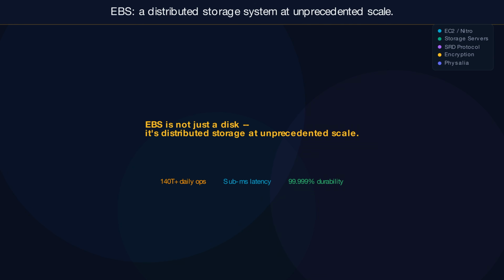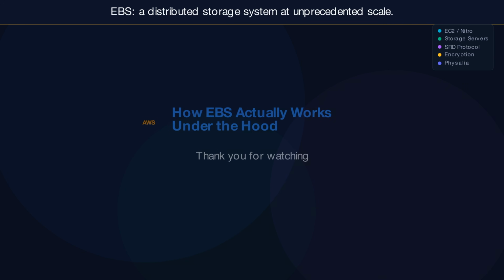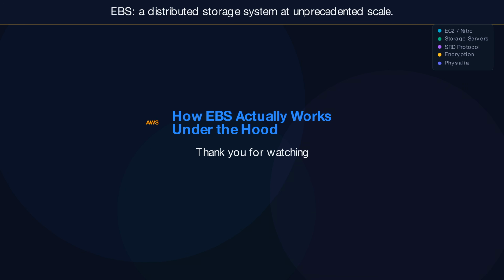EBS evolved from shared hard drives in 2008 to a massive distributed SSD fleet processing over 140 trillion operations daily. The Nitro System, SRD protocol, and Physalia control plane make network storage feel indistinguishable from local disks. Understanding these internals helps you choose the right volume type, set correct IOPS limits, and diagnose performance issues. EBS is not just a disk. It's a distributed storage system engineered at an unprecedented